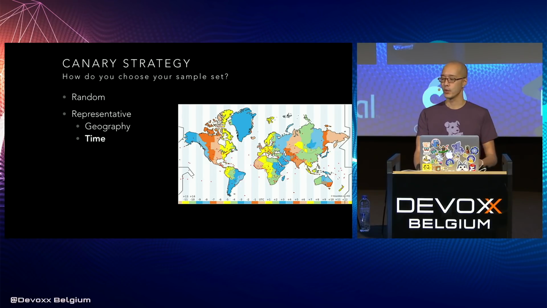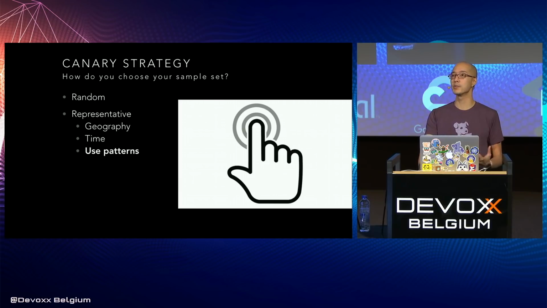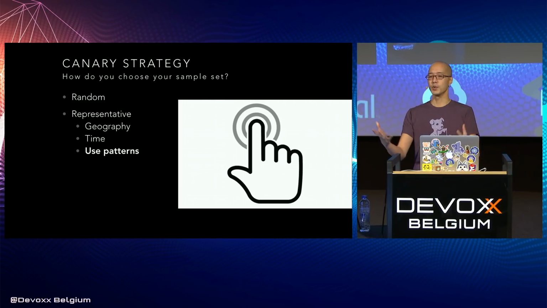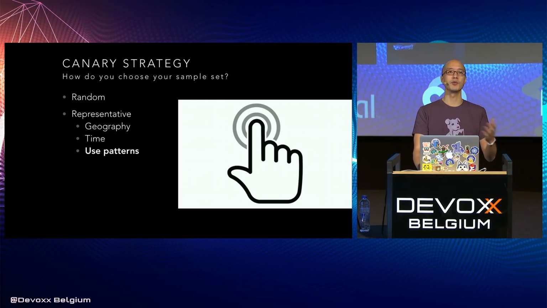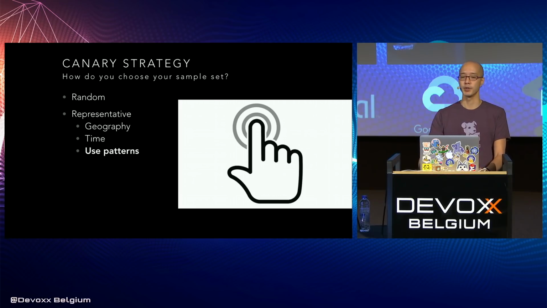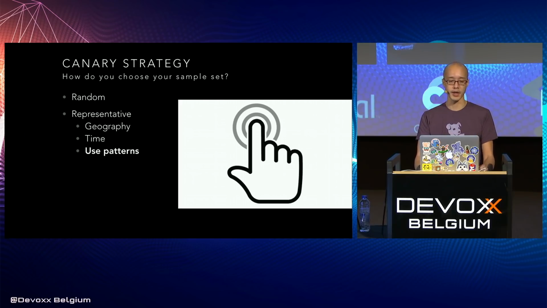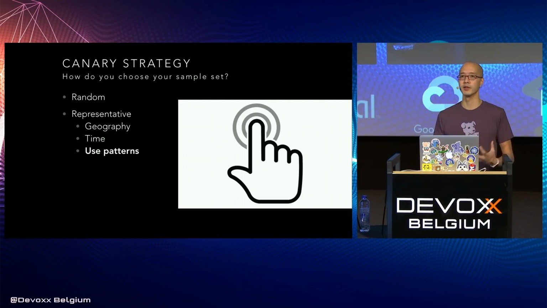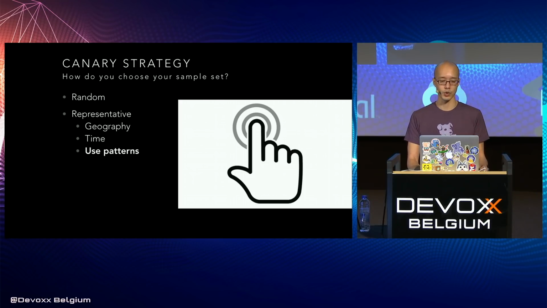So we have to be aware of what time we're rolling out, and also be aware of the usage patterns. If you just say, let's just roll out randomly, but the new feature that we're rolling out is only for logged in users, then for most of those users, those anonymous users who are visiting our application, they're not going to see it. So start to think about the features that you're rolling out, particularly if you're on the ops side and you're setting up Istio and Kubernetes and you're working with developers, you really need that true DevOps experience here. You need to get the developers and operations talking together on what's getting rolled out and how to roll that